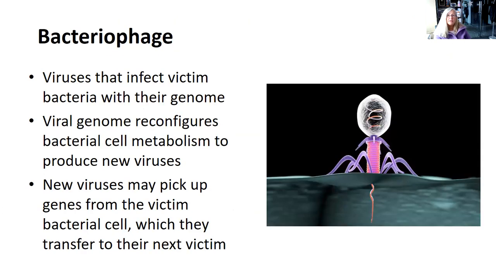And then number 3 are bacteriophage. So this is what a bacteriophage, or a virus that infects bacteria, looks like. They infect them with their genome. So this is the phage on the outside of a bacterial cell, and it looks like it's pooping, but actually, it's injecting its genome, its DNA, into the interior space of the bacterial cell, which, because it's DNA, remember,